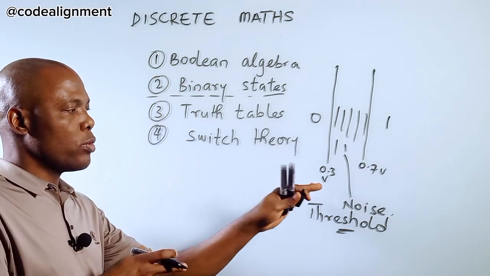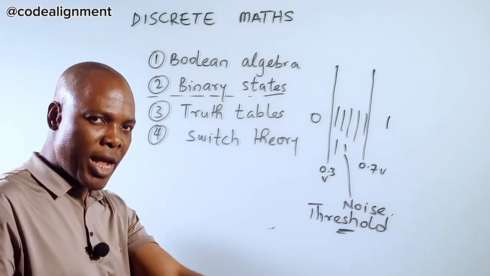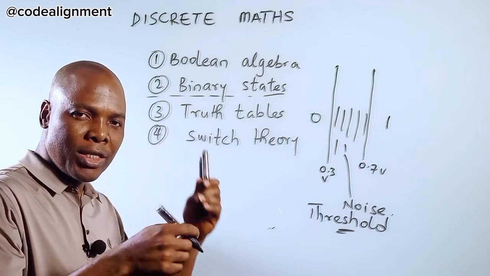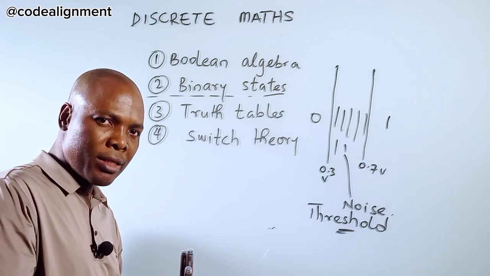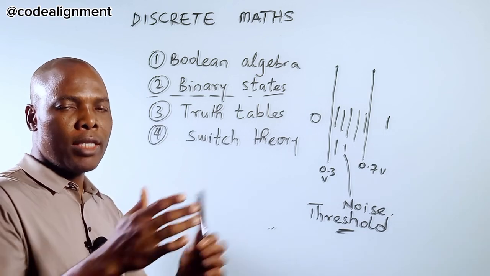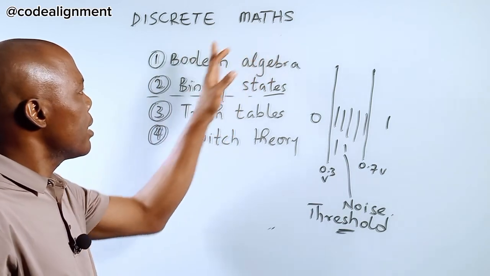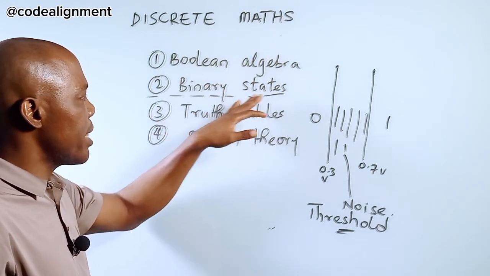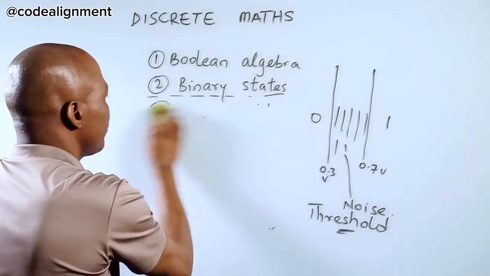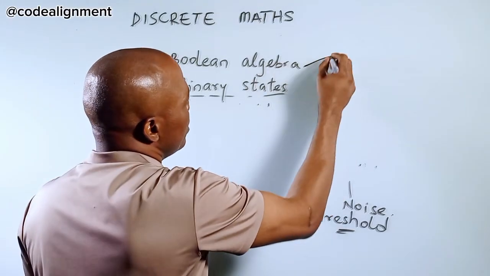So that is what enables us to achieve 0 and 1 from analog system, from a continuous reality, where you bring in voltage to the circuit. An electric field is generated instantly, producing magnetic field, and then causing energy to flow from the source to the destination. So discrete mathematics, looking at Boolean algebra and binary state. So we are going to look at these two now. We're going to look at this one. So this is looking at